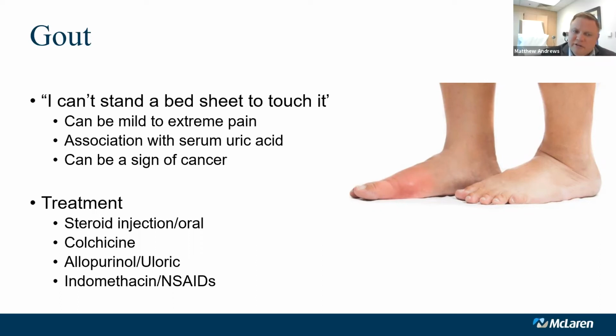There are older medications. Colchicine is a medication that's sometimes still frequently given as an oral medication for gout. And then for management of gout long-term, we use some medications like allopurinol and Uloric, which are medications that work on the metabolic pathways that help us to excrete more uric acid within the urine and helps lower the uric acid content of the blood. So for long-term management of gout, sometimes those medications are far more appropriate. And in the short term, also, we can consider use of anti-inflammatory medications. Gout is purely an inflammatory process, and if we can manage that inflammation, oftentimes we can really limit the effects that gout manifestations have on us.